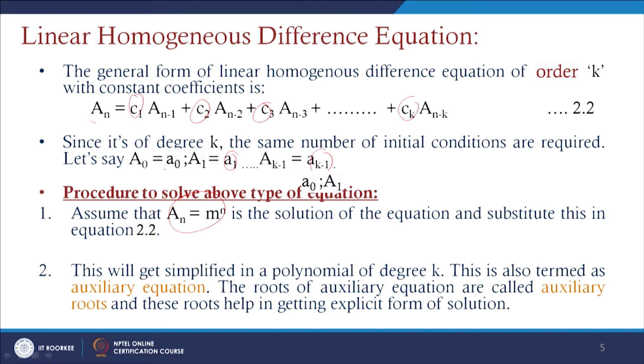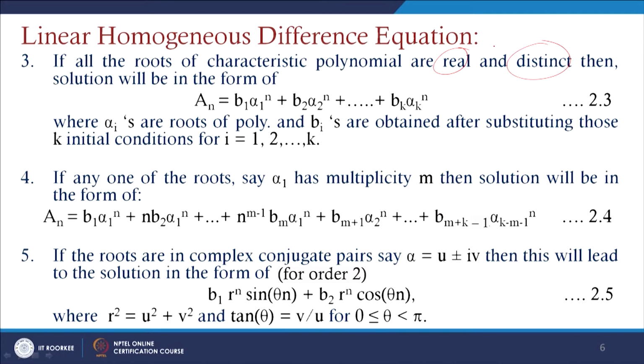And if you just substitute this in equation 1, this will simplify to a polynomial of degree k here. This is also termed the auxiliary equation. The roots of these auxiliary equations are called auxiliary roots, and these roots help in getting the explicit form of the solution. So, if the roots of this characteristic polynomial are real and distinct,